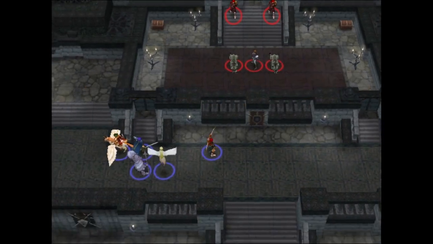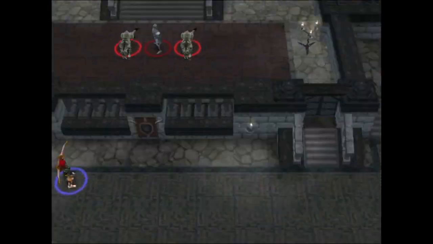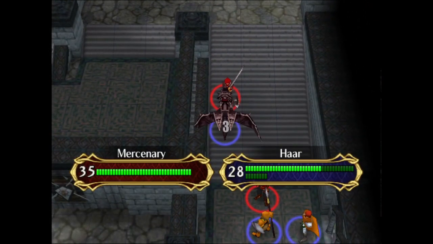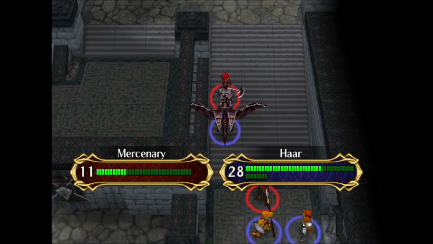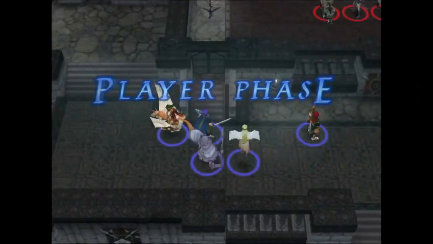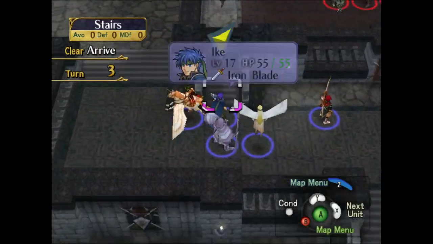So most people bench Alencia because it is usually agreed upon that she is more of a liability than she is an asset. And I have to kind of agree. I think that if you're not going to do what I did...